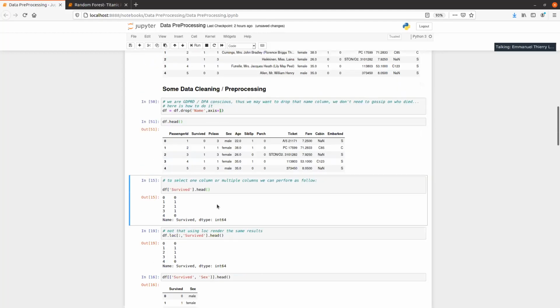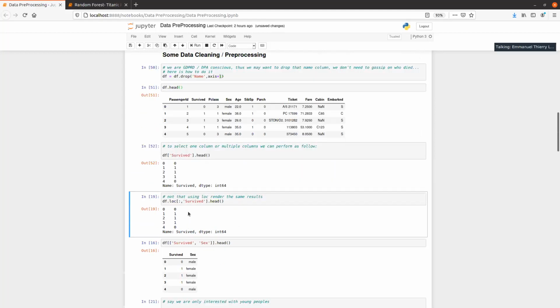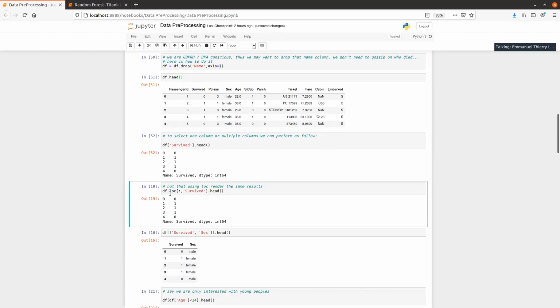To select one column with Pandas, you just do df and put the name of the column. Here I'm doing the head command just to showcase a snippet. Again, really simple to select a column. There's an alternative method where you can do df.loc, like location. This takes as parameters any rows that you may want to see and the column name that you want to see also, and then head again, and you see that it's equivalent to what we saw up there.